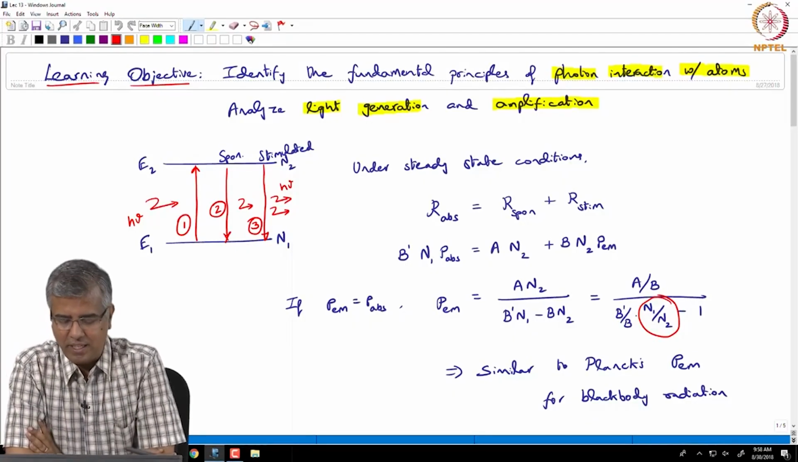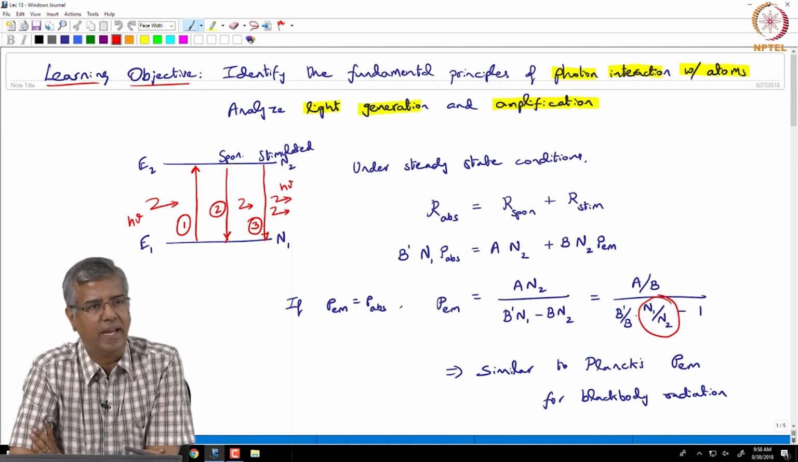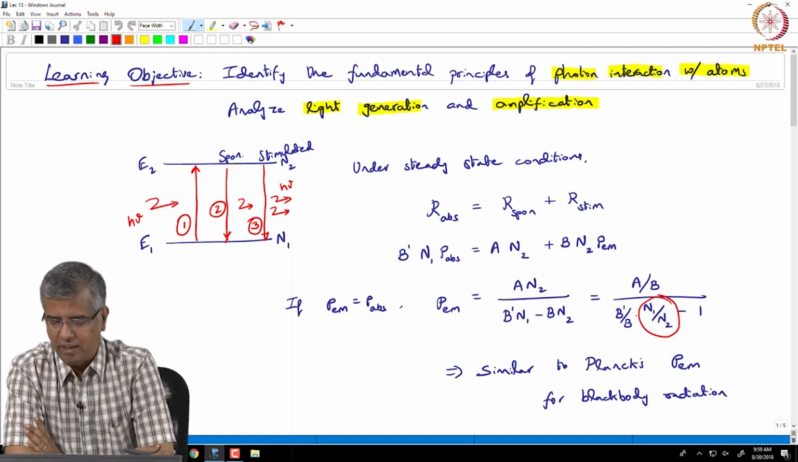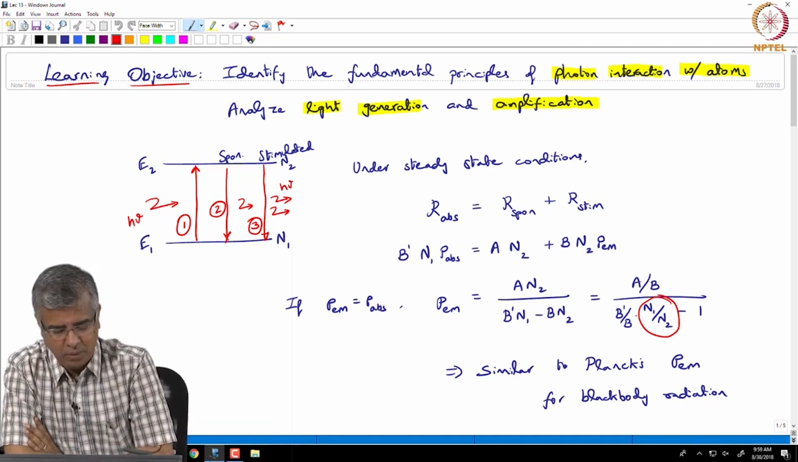Okay, good morning. Welcome to yet another exciting session on Introduction to Photonics. So, we have gone on to looking at the fundamental principles related to photon interaction with atoms. That is the exciting part, your exciting material with photons, right. And through that process we can actually learn about light generation and amplification. So, that is the learning objective that we have, and with that in mind, we started looking at